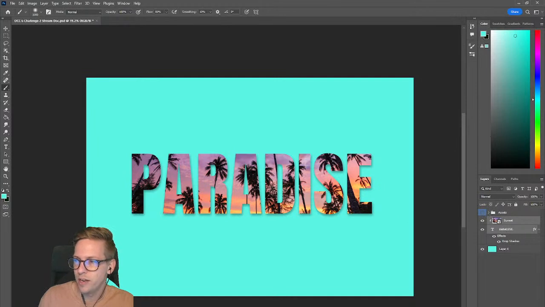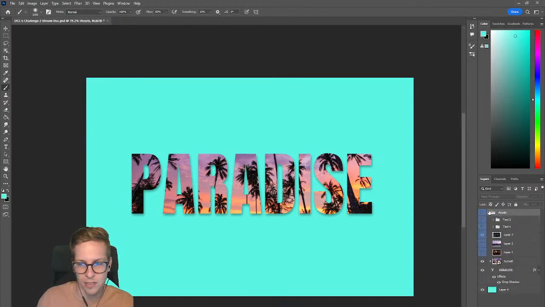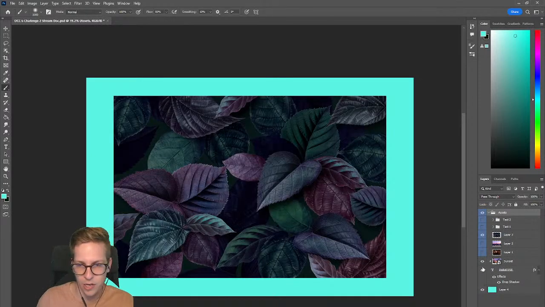So what I want to do next is talk about how we can have text and photos interact a little bit in a more involved way than what we just did. Clipping masks are great, but let's try something a step above that. And for that, I want to go into my assets layer here. I'll just keep it like this. We have a little blue border that